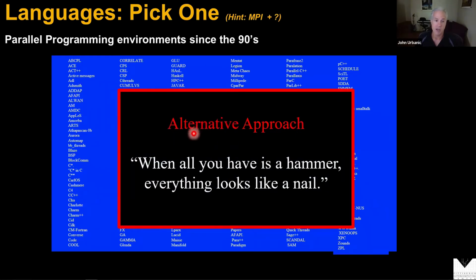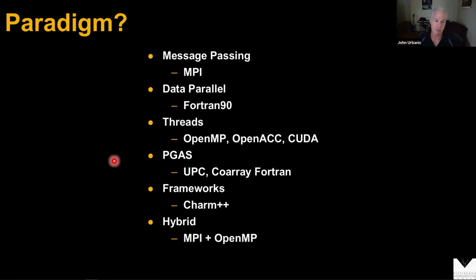As I said, if you have a tool at hand, there's a tendency to say it's the tool I'm going to use. If all you have is a hammer, everything looks like a nail. Well, that's equally true, maybe more true in software than anywhere else. Whatever language somebody knows, that's the best programming language for whatever they're going to do. Whatever parallel programming approach somebody knows, that's what they're going to use. So you have to be careful because people have that bias. And when you get advice from people, they're going to have a tendency to say, well, this is what I learned, and so it's good for everything. And because there are so many choices, the odds that they're giving you one that doesn't have staying power are reasonable.